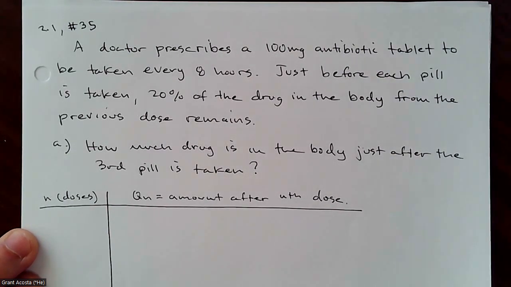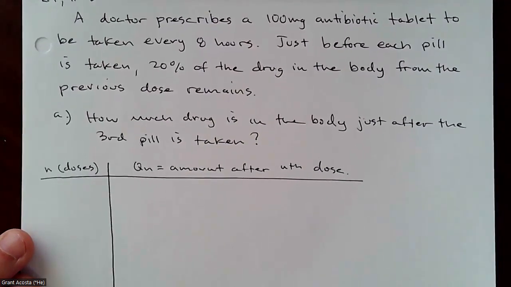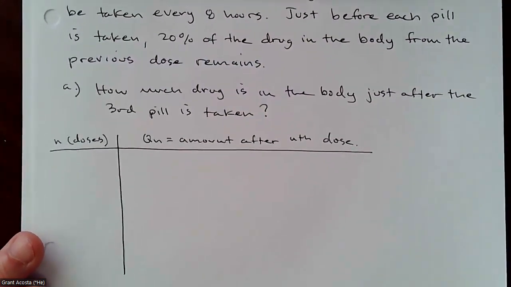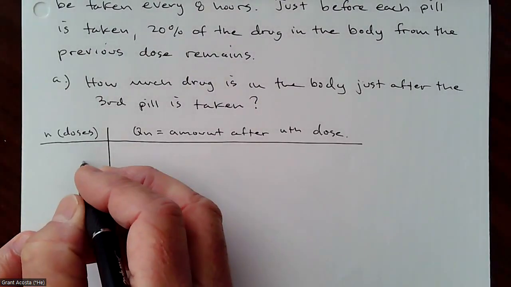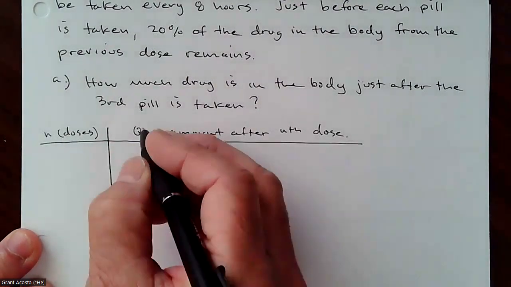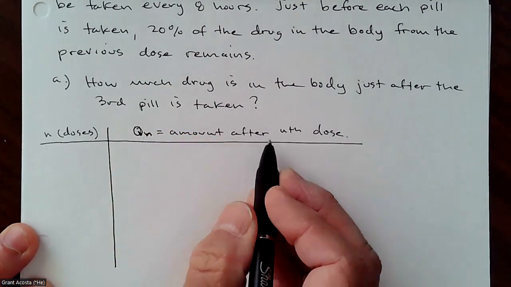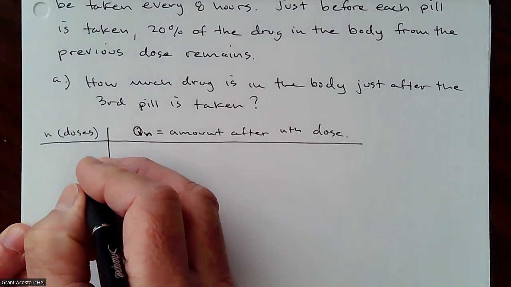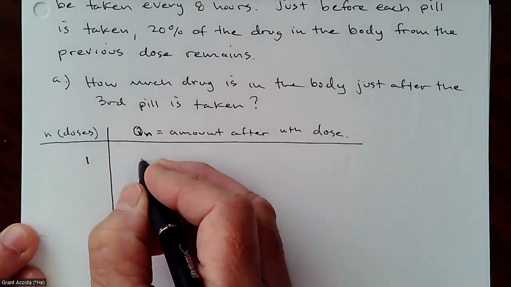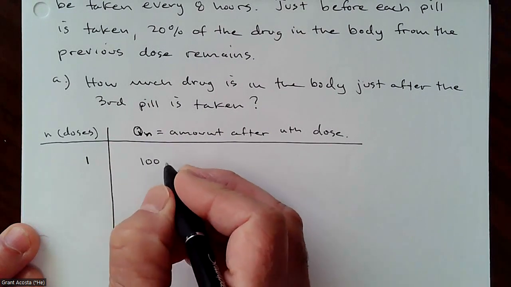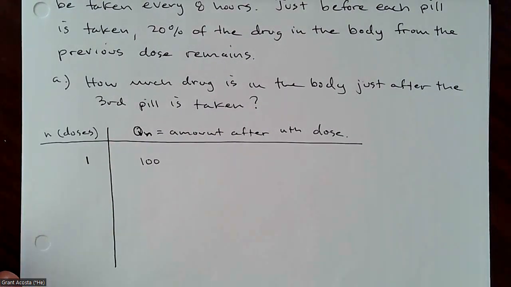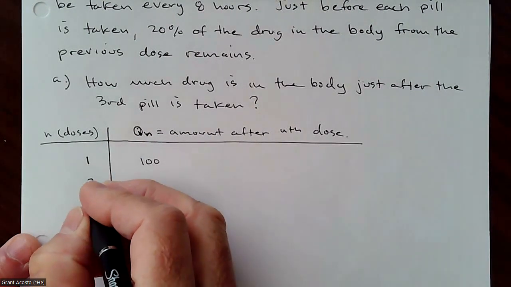So here, let's just make a table and literally manually figure this out. So first dose, so I'm going to have doses here, and we're going to define Q sub n to be the amount of drug after the nth dose. So after one dose, and I know it's not immediate, but the whole full 100 milligrams of the drug is in your body. Not all of it's probably been dissipated to the bloodstream, but that's how much drug is in the body. After 2 doses,